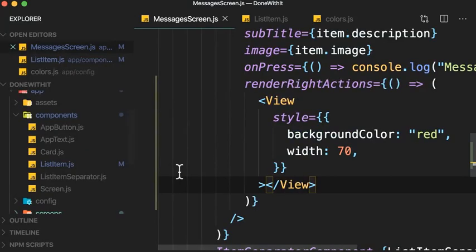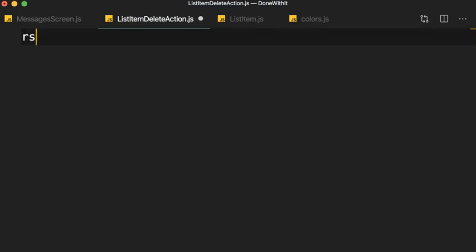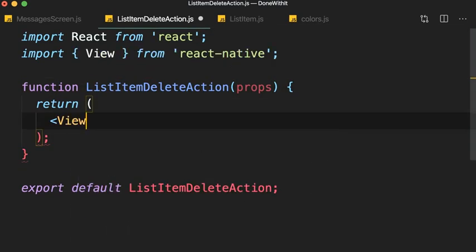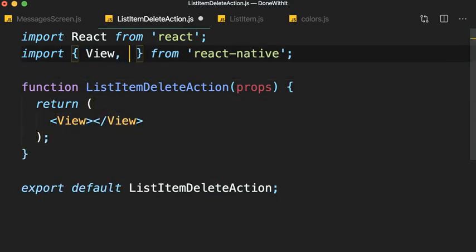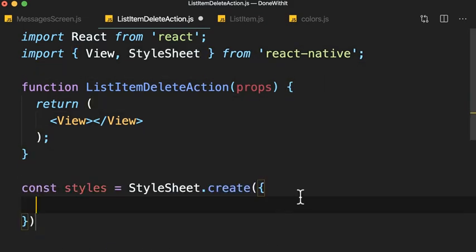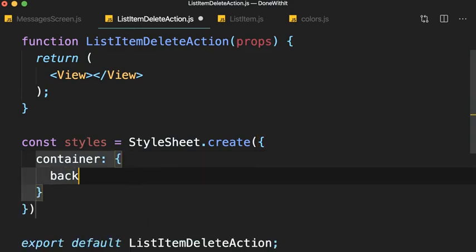So here in our project, in the components folder, let's add a new component called ListItemDeleteAction.js. So we implement a function component. Now here we want to return a view. Let's give it a bunch of styles. So we import the StyleSheet module on the top and then use it over here. Let's add a key called container. Here we set background color